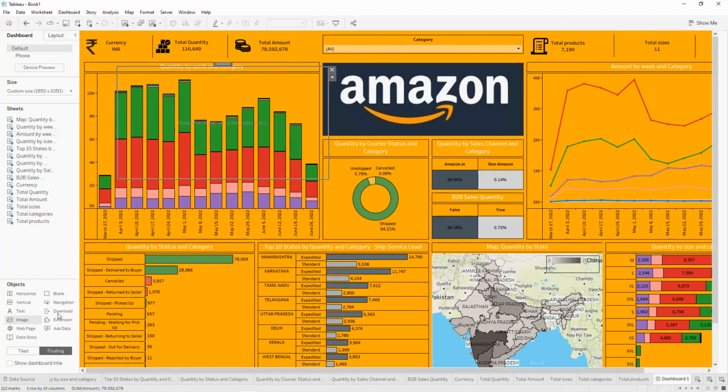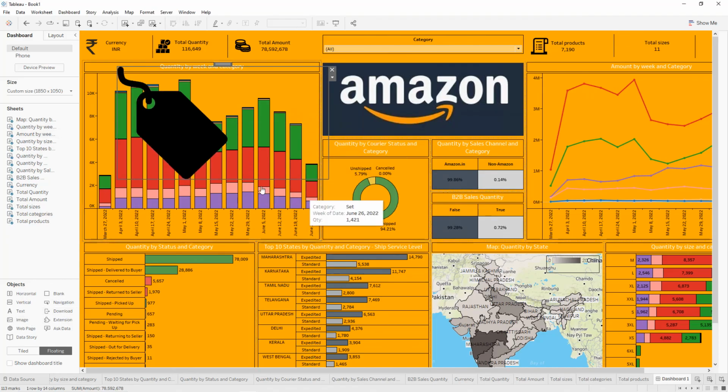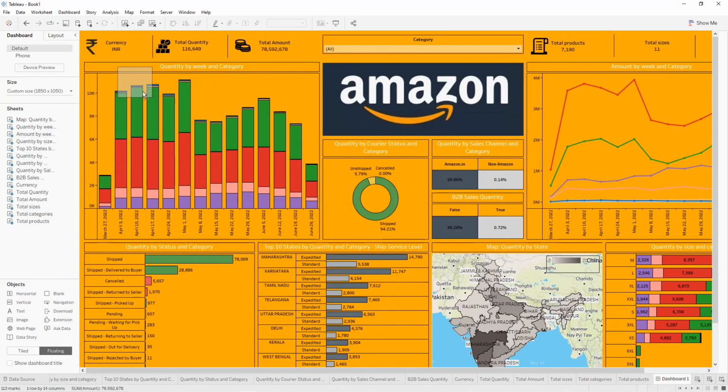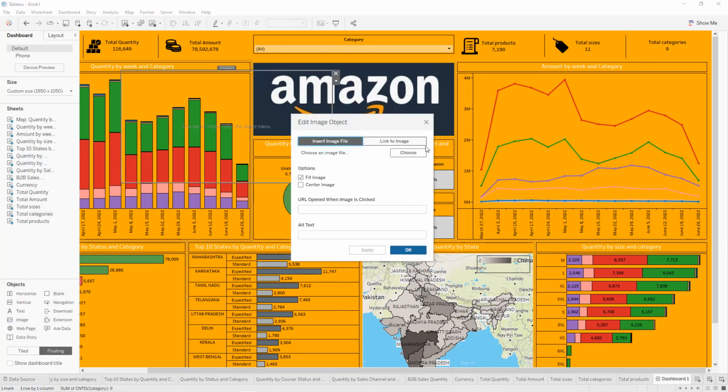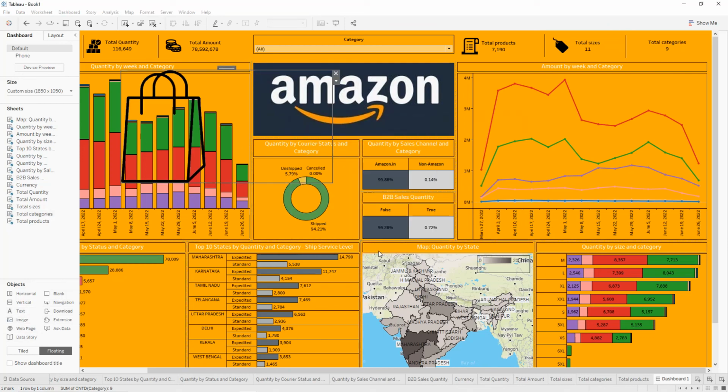So, okay. And the last one is total categories, right? Just increase like that. Double click on image. So we have categories logo, apply. And we put it inside the text sheet. Okay,